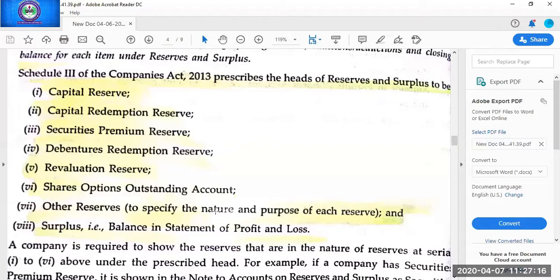Students, as you all know, every company wants to strengthen its financial position. So the whole of the profits is never distributed in the form of dividends. It is always the practice of the company to appropriate some profits, to save some profits in the form of different reserves. So these are the different reserves. First the profits are transferred to reserve, then dividends are distributed to the shareholders, and whatever amount is left is known as surplus.